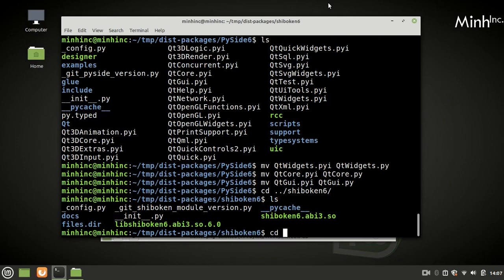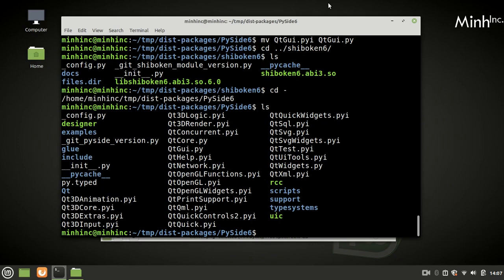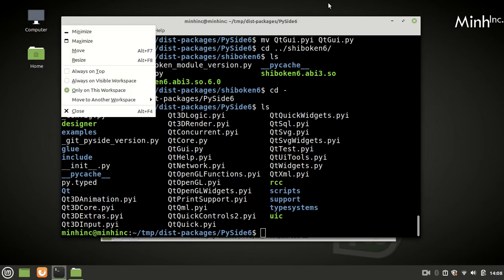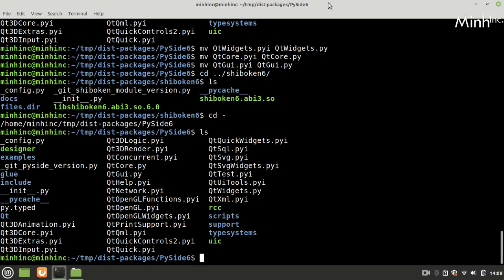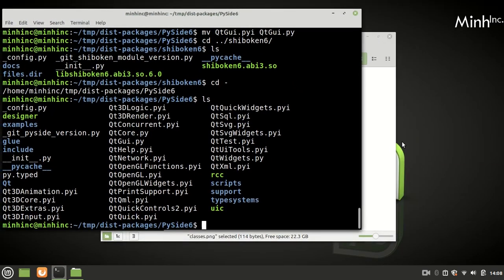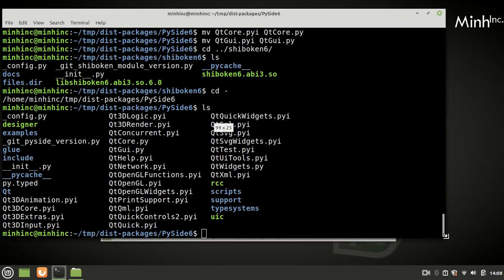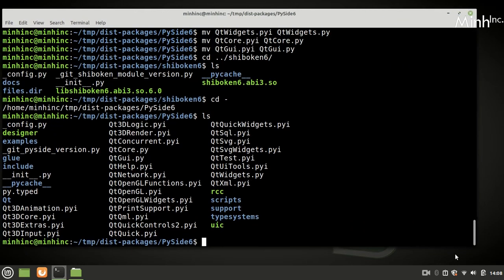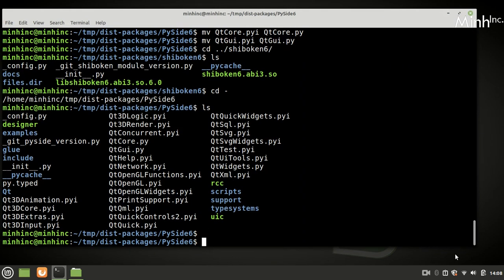Okay, so here everything is py. The problem is here only QtGui object. Now we would try. So we will go back. Okay, we can try from here.